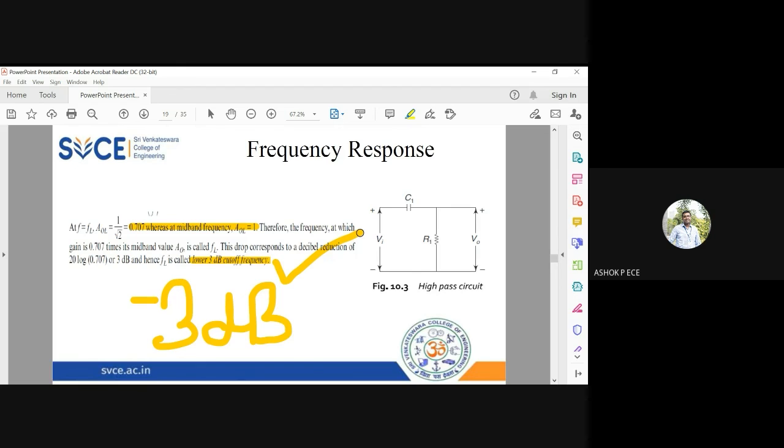We have two 3 dB frequencies, one at low frequency and the other at higher frequency, right? The 3 dB frequency in the low frequency region is called the lower 3 dB cutoff frequency, and the cutoff frequency in the high frequency region is called the upper 3 dB cutoff frequency. Differentiate, we are having two different names for the cutoff